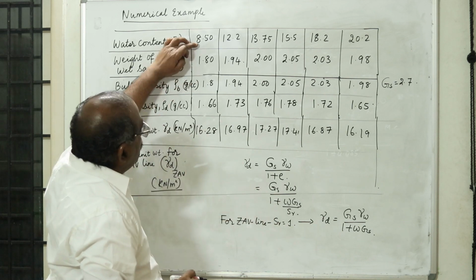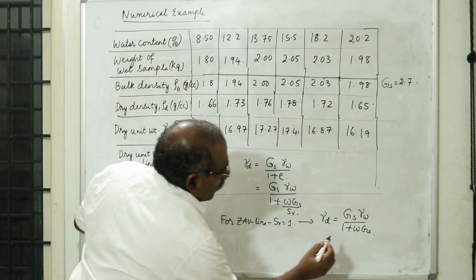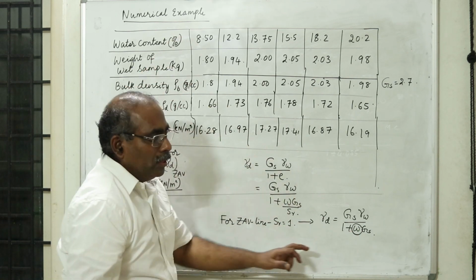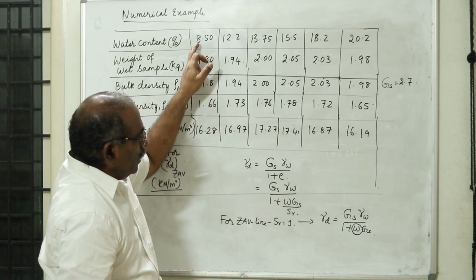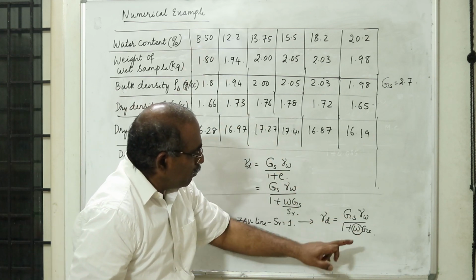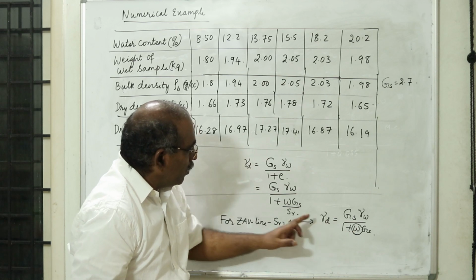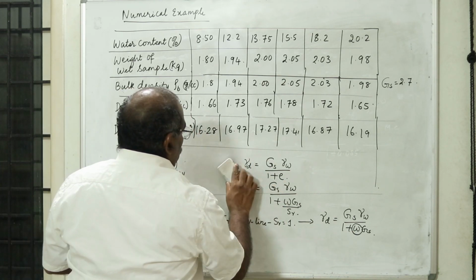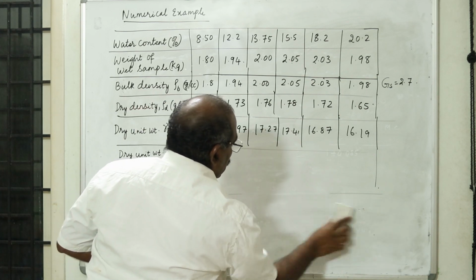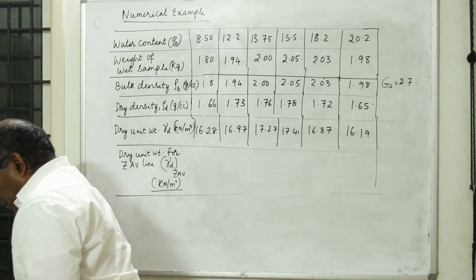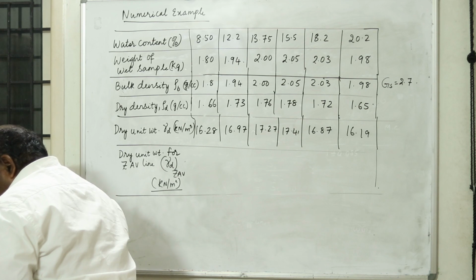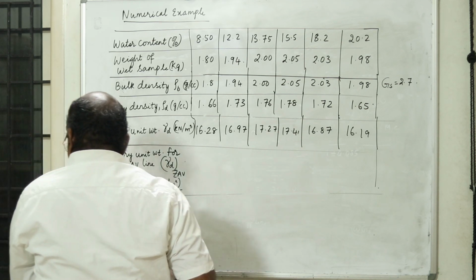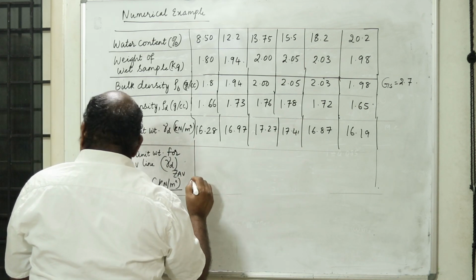Now, for each trial of this water content, you need to substitute the value of water content. Gs is known, gamma W is 9.81. I can find out what this is. Now, this is a simple calculation, one can do it. Now, I will tabulate those values. What I got, the values for the ZAV line comes out to